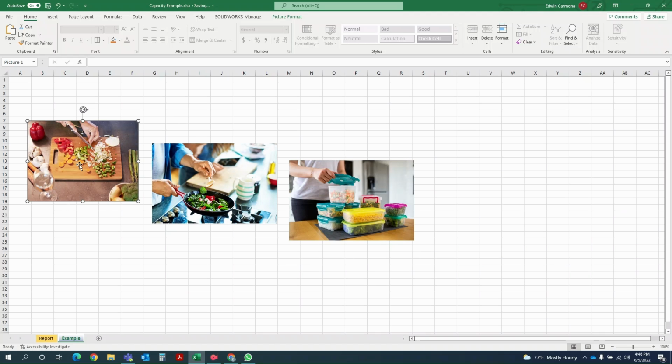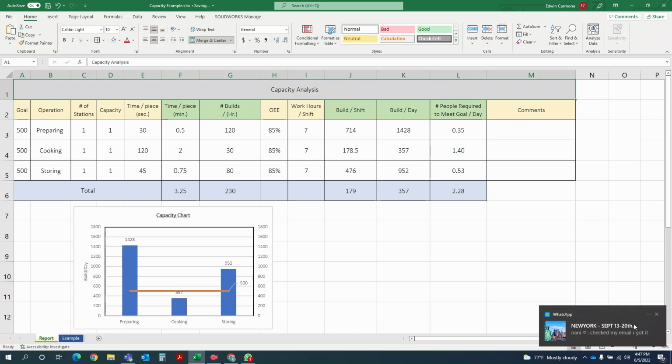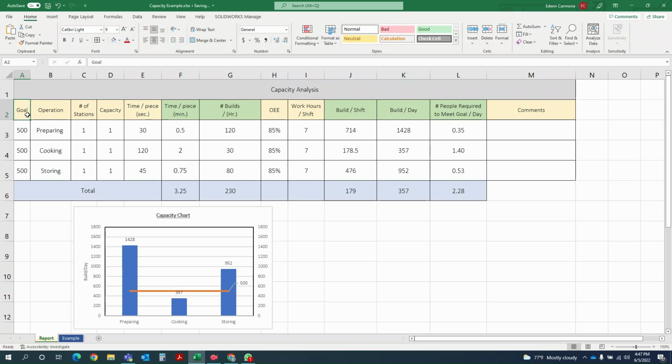some process line here. So I have the preparation for cooking, I have the actual cooking here, that's where you actually have the time as well, and then I have the actual assembly portion of this. Try to think of it like this as best as possible. This is the current chart that I use when I'm creating capacity analysis charts. I think of the individual goal, the specific operation, which I just told you is preparing, cooking, and then storing away. In your case, it would probably be prep work, assembly line, and